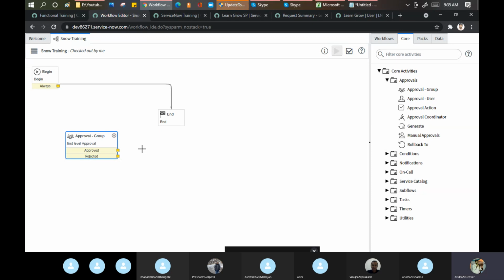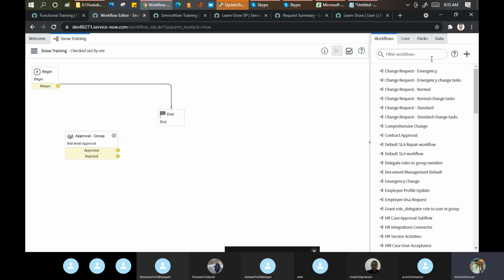Yes, you can define that. If you see today, what you can do, see the change management workflow. Then you will get a little more idea on that part. You can search here for change. You can see change request, normal, change task. Then you can easily get this idea. Okay. So now what we'll do, we will bring this into the middle, or maybe I'll not put it in the middle.